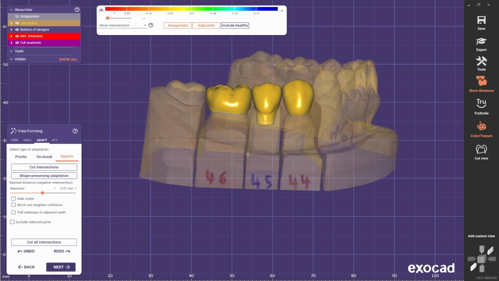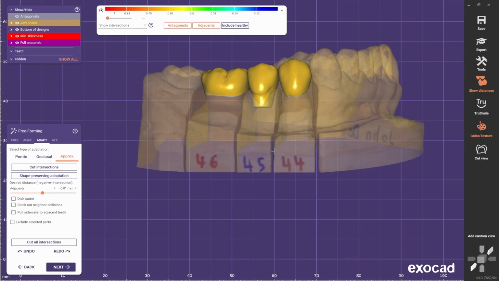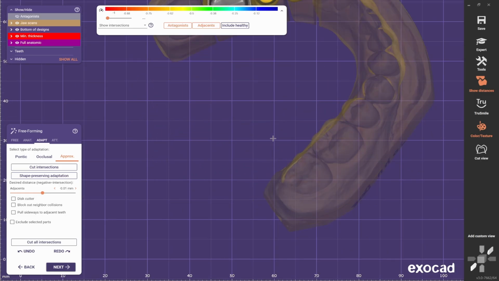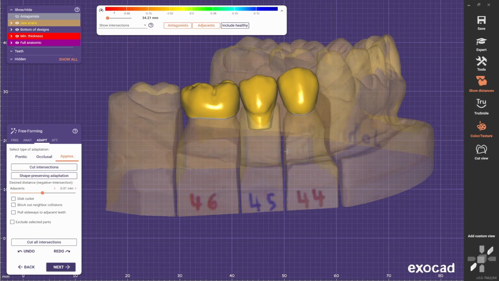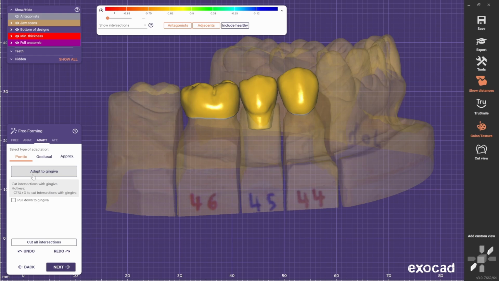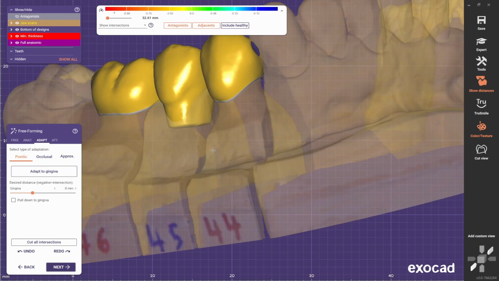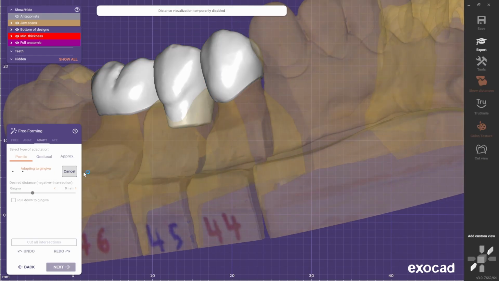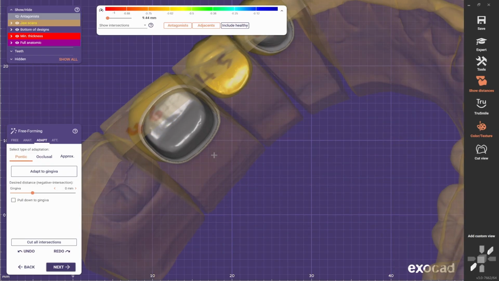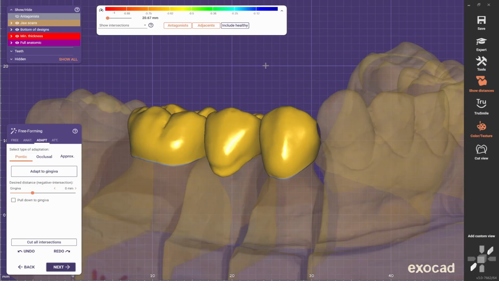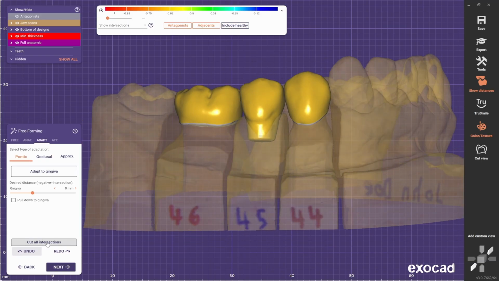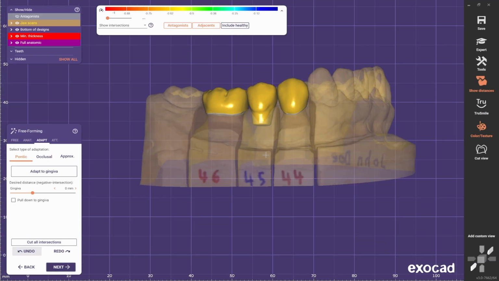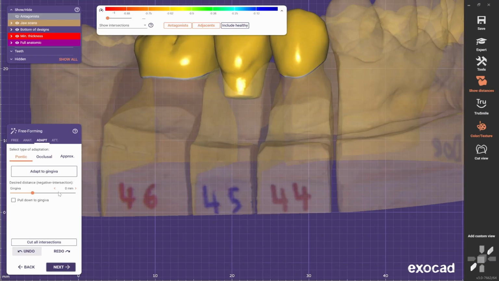Now, if you look at the Pontic, you can tell that it's not yet adapted to the soft tissue. And for that, we go to Pontic, and we can select Adapt to the gingiva. It would make the Pontic with zero pressure on the soft tissue. So we go back. You can always select Undo if you don't like the last action,